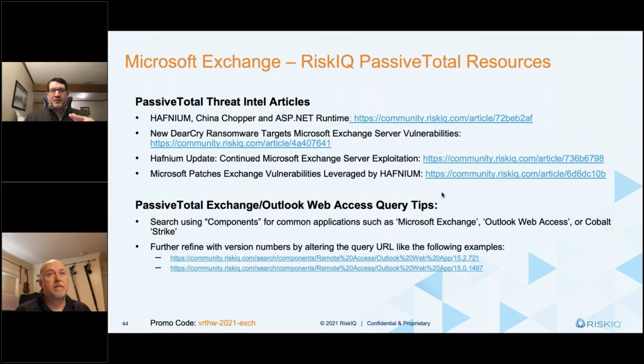But I have included in the slides, which you will get a copy of, some cheats. You can use this for the OWA Exchange challenge that we're all looking at right now, point in time. But regardless of what the vulnerability is, if it's a common web component, there's a fair chance that we have detection built around that, and you can do a query on it. Either in a wholesale fashion, like we're going to take a look at a specific version of OWA in a moment, but you could also do it for your organization, and we can talk through both of those.